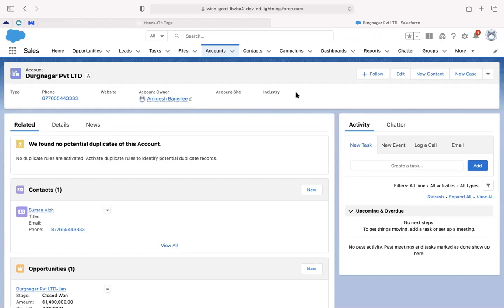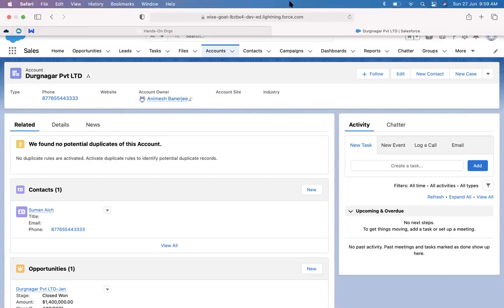Sharing is very exciting. We talked about security and now sharing. Sharing is bypassing OWD for some people and some records. So please remember that and practice it, and it should be very easy for you to go through this session once again and understand the concepts. If we do not have any further questions, we'll stop.